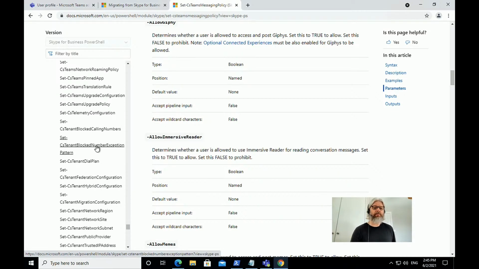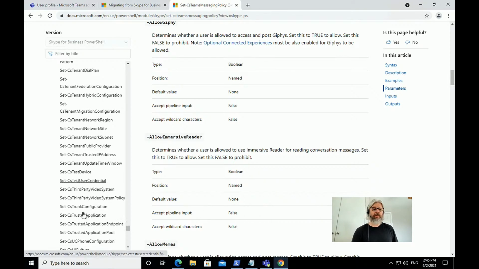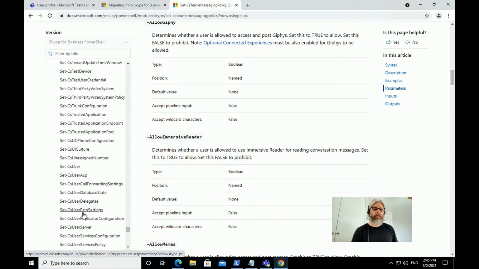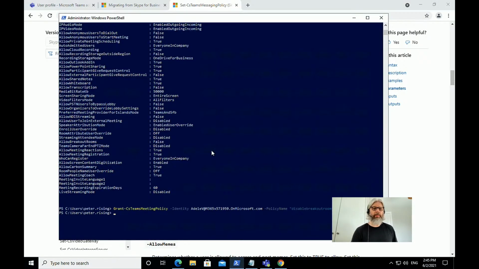CS tenant, blocked number exception pattern, and it's very, very straightforward and easy to follow. And definitely something that the more you do it, the more you'll get used to it. But I would say is play about with it, start small and build, nice and simple, and you won't go